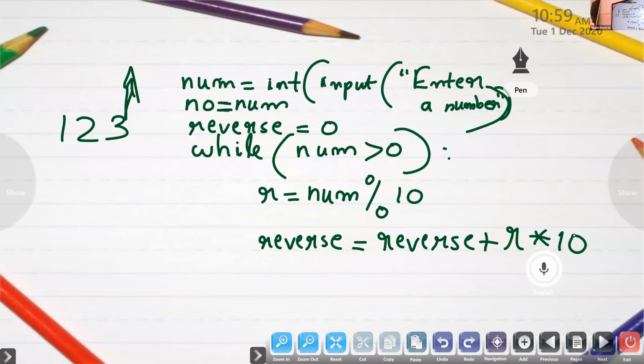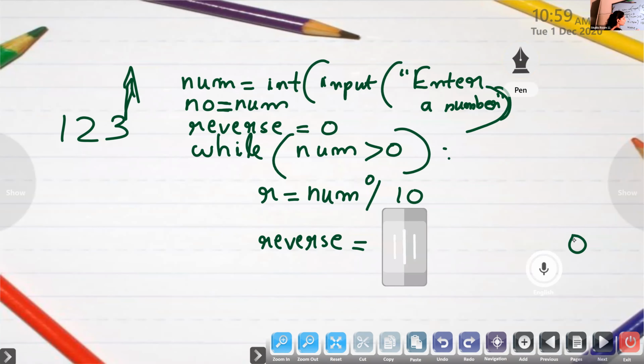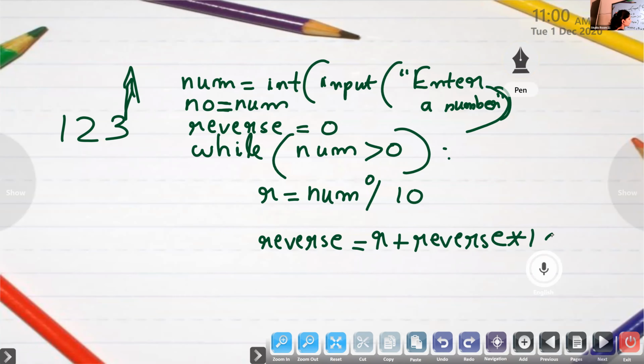This is a statement you have to write for the first time.